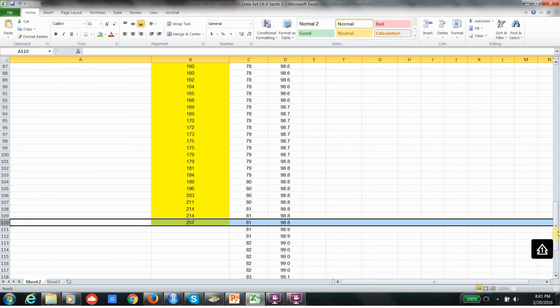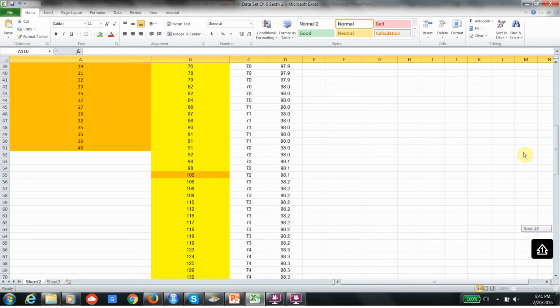So I really have 109, which means that 55 is going to be my middle data value. Now, if you're not sure how to do that, here's one way you can do this. I can take 109, divide it by 2, and round up. So this is a good rule of thumb if you have large numbers like this. Another way to do it is that really 109 is actually